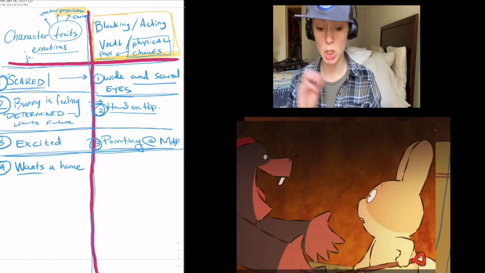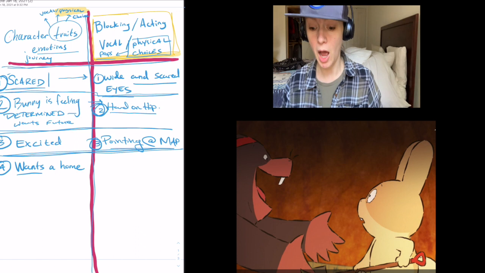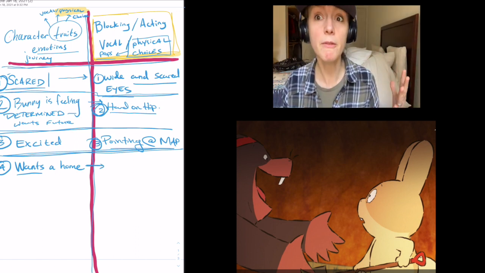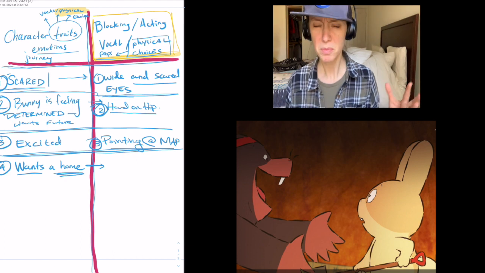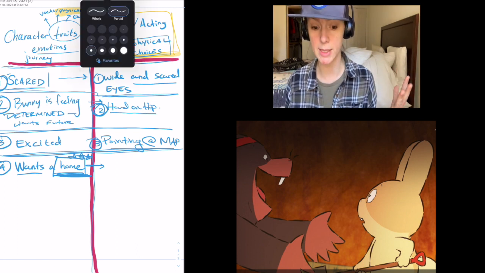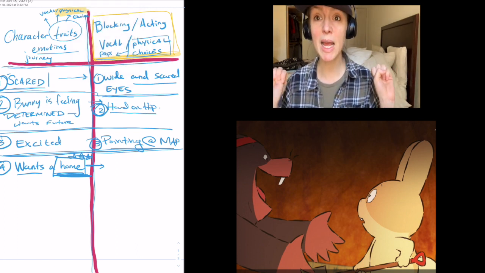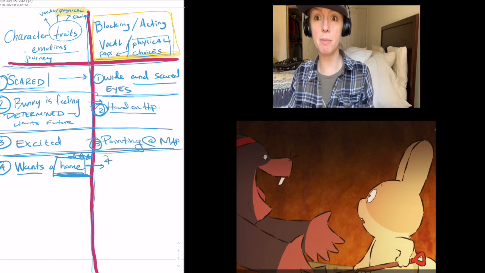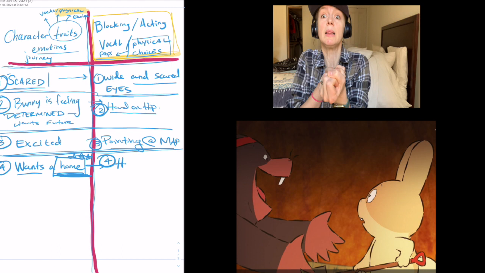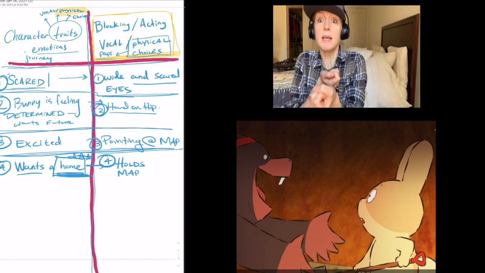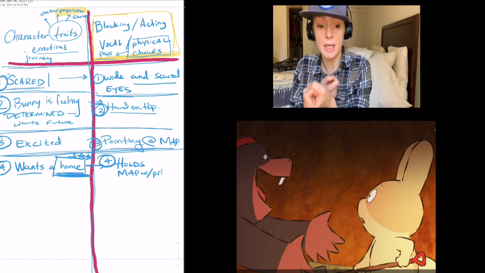Okay, next picture. Are we on 4? 4. The conflict is introduced. There are other characters in this bunny's world that are going to stop him from getting what he wants. So my physical choice that I would write is I am getting scared, and maybe my eyes are wide and I'm leaning back a little, because I'm realizing something's going to get in the way of my objective, getting a home.